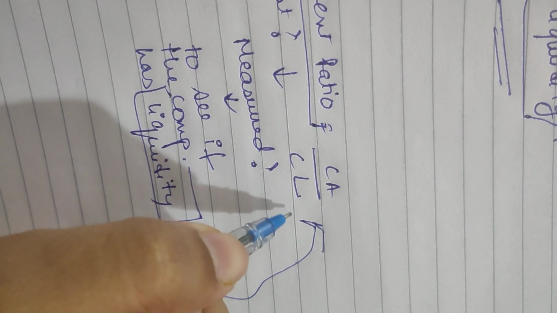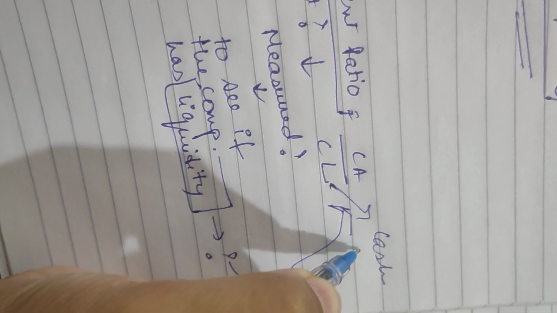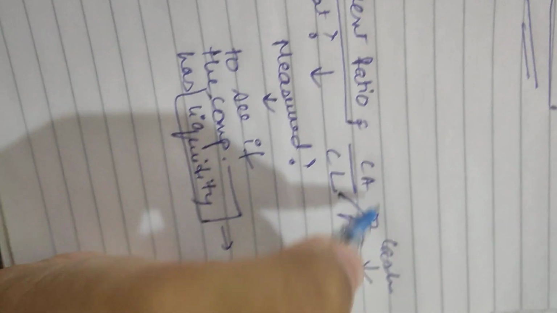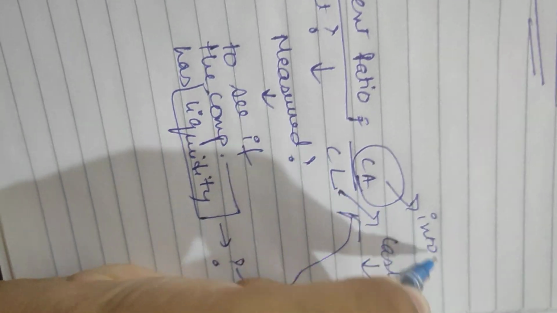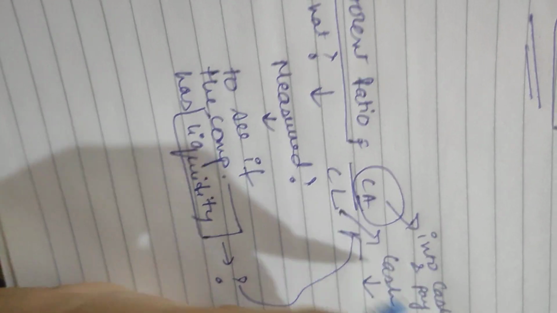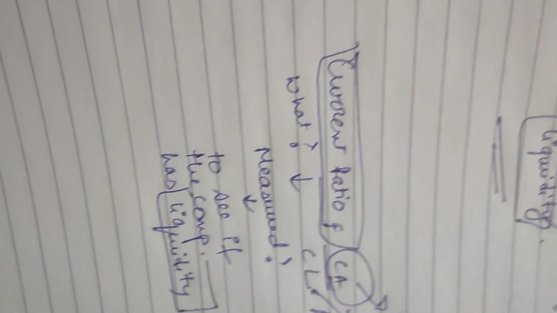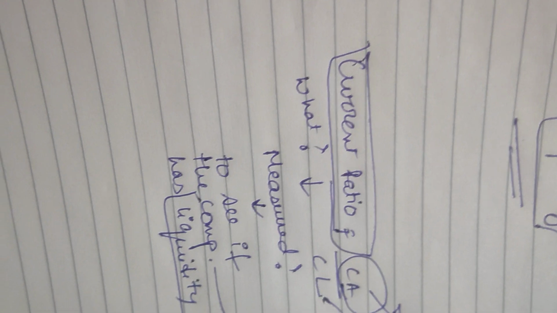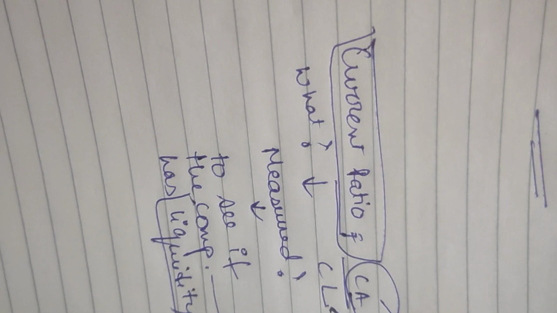If the need arises to pay the current liabilities in cash in an emergency, can the company convert its current assets into cash and pay all the current liabilities? That's the reason this ratio comes into the picture, so that we can see how much liquidity a company holds compared to the non-current assets of the company.